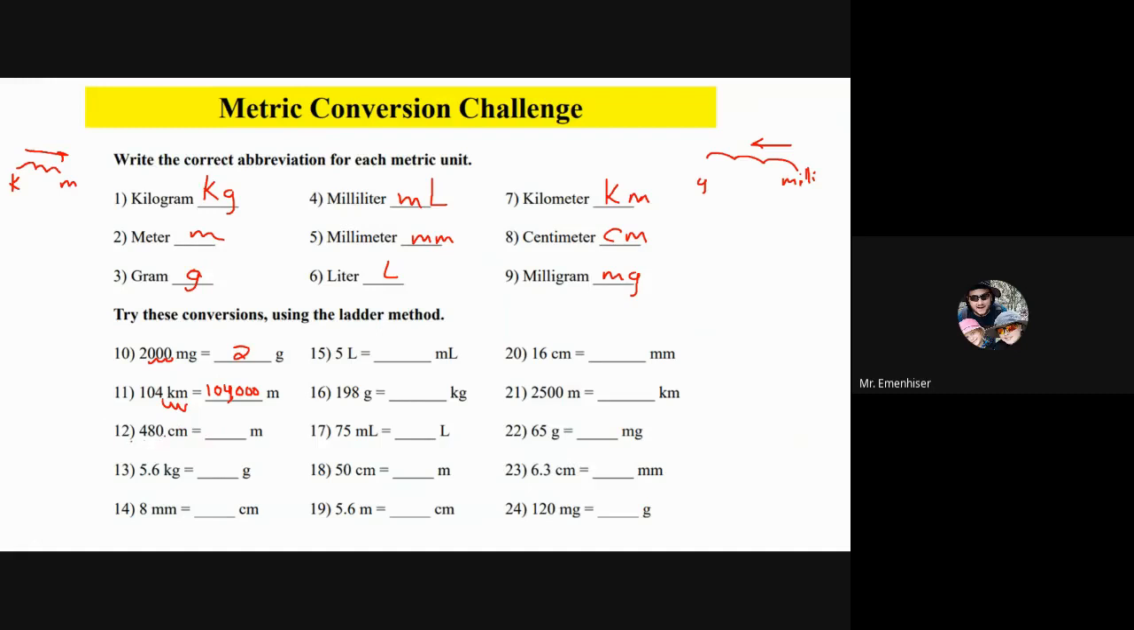480 centimeters. Centi is right here. Meter is over here. It's 2 steps. So we need to move our decimal 2 places that way. So let's do that. 1, 2,